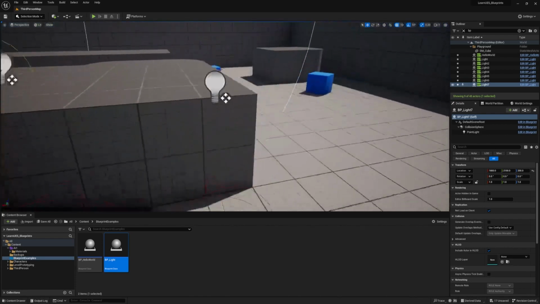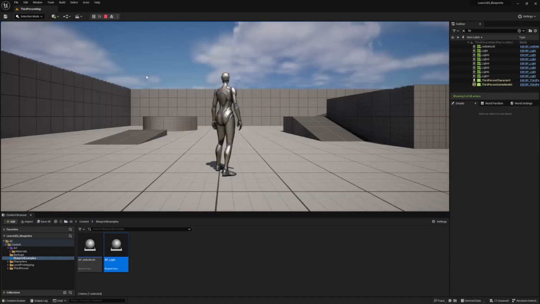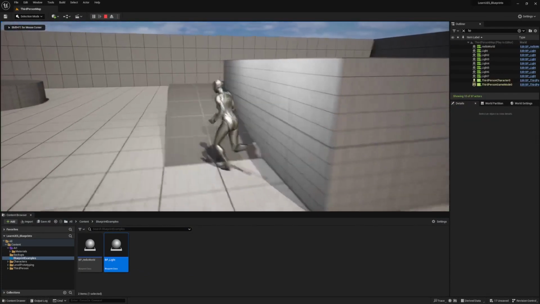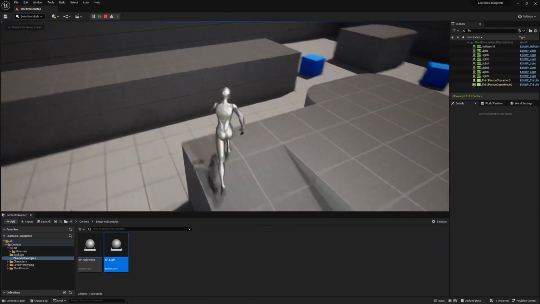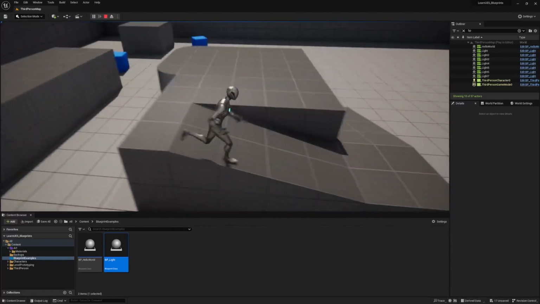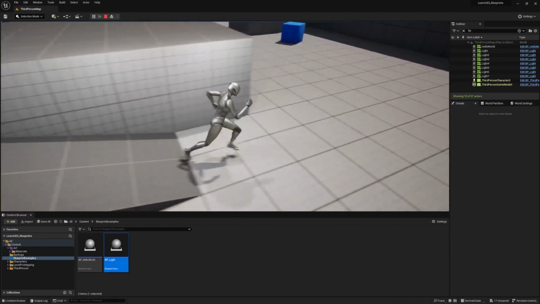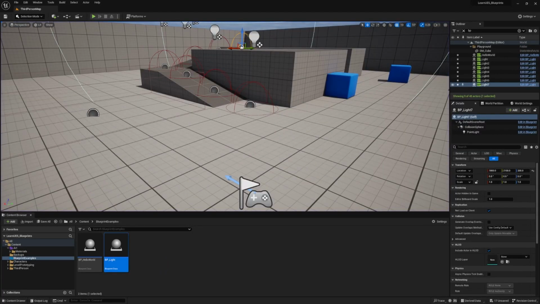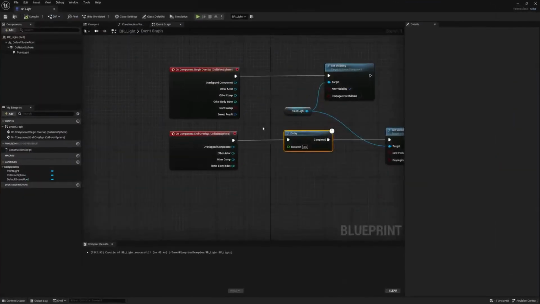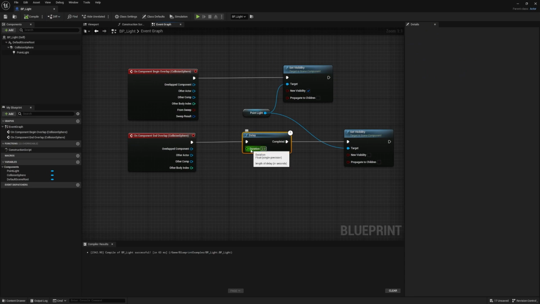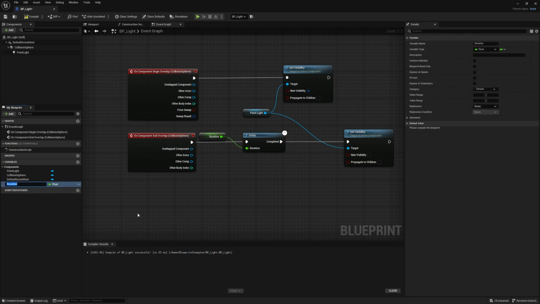There we go, got them all in place. And like I said, what if I want these to all go off on different delays? Well, what I can do is I can come into my blueprint. I can take this delay duration and right click, promote that to a variable. We'll call this delay